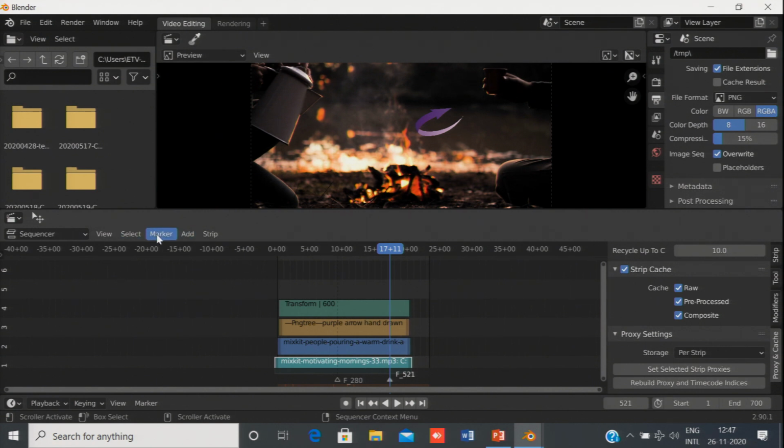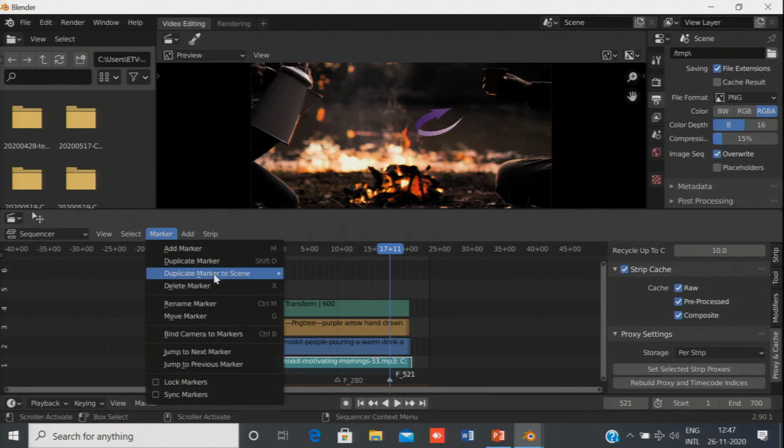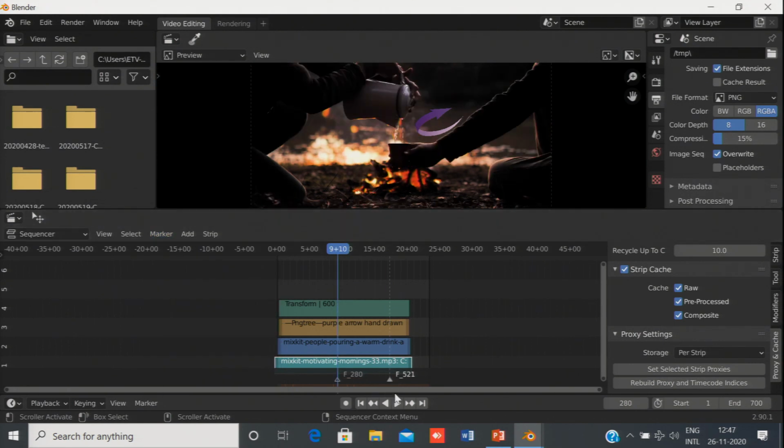Now, to move from one marker to the other, just go to marker and jump to previous marker. So, you see from this marker it has jumped to this marker. So, if you wanted to cut a clip from this point, then you just simply move it from here to this point and here you can accordingly edit.